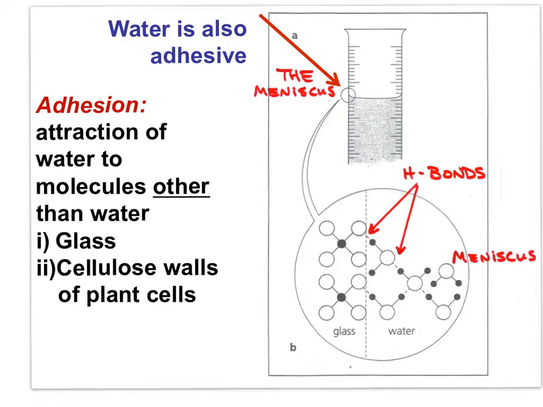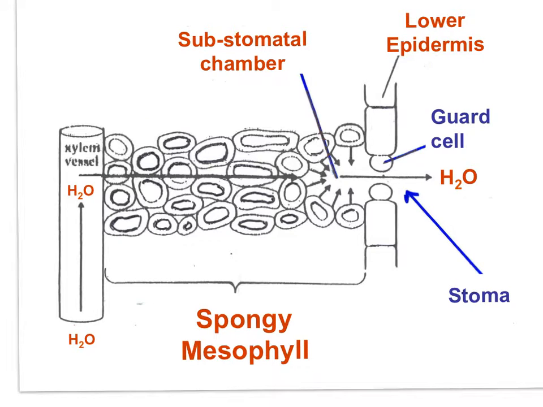Water is attracted by hydrogen bonds to substances other than itself. Cellulose plant walls are polar. Thus, water is attracted to plant cell walls. Water is adhesive with plant cell wall. So, the cohesive and adhesive nature of water allows it to form continuous columns of water along xylem vessels and